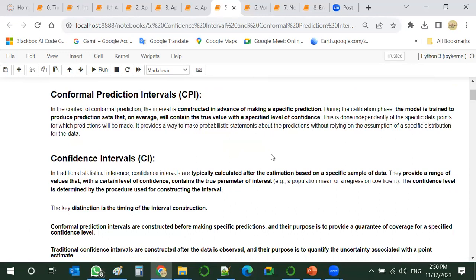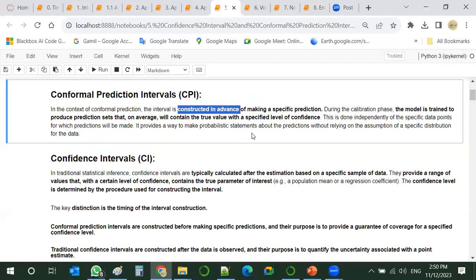So the main difference, I would say, is that in a conformal prediction interval, we construct our interval in advance by setting the confidence and assigning a percentage for our forecast predictions to take place.